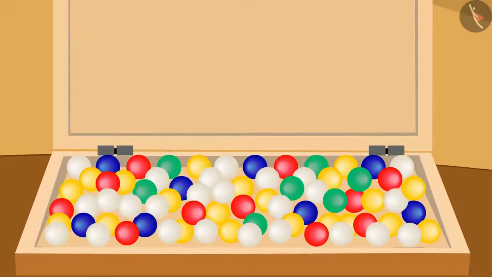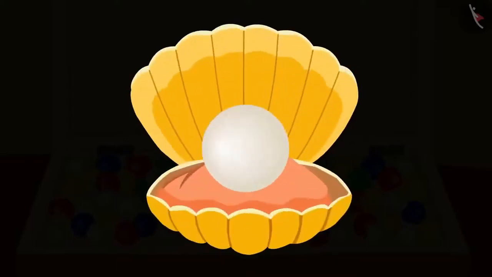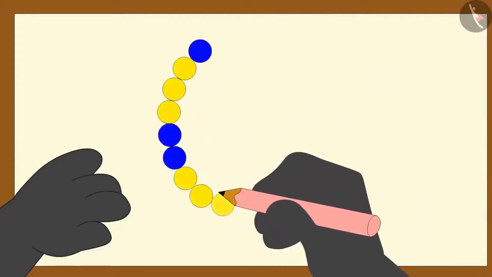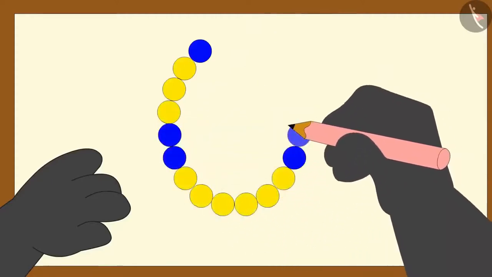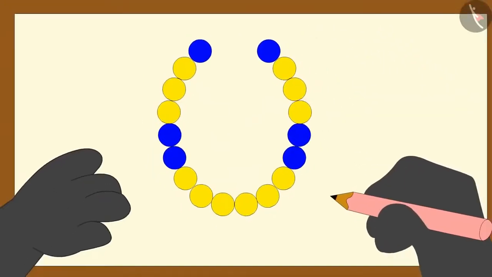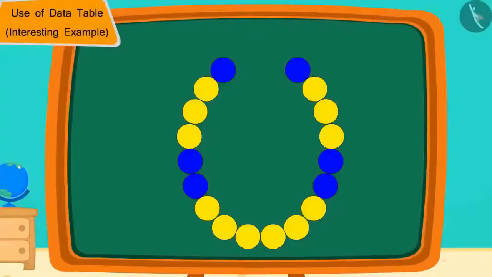Golu got very excited on seeing red, green, blue, yellow, and white beads. He made a drawing of blue and yellow beads on a paper like this and said to Chanda, Chanda, let's make a necklace of this design. Children,